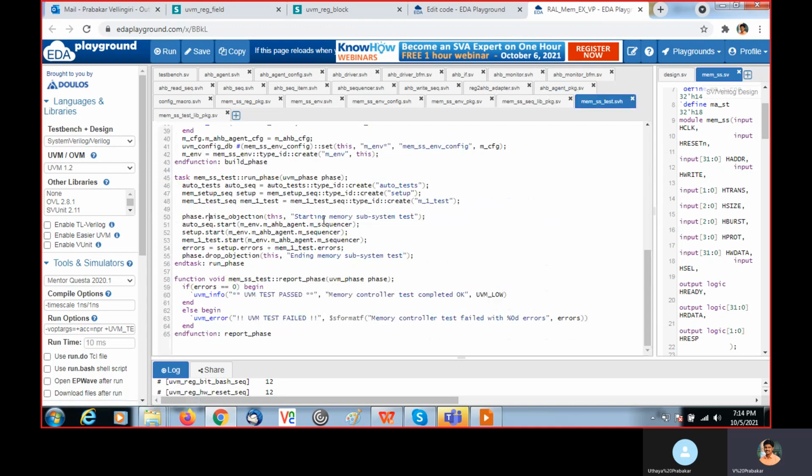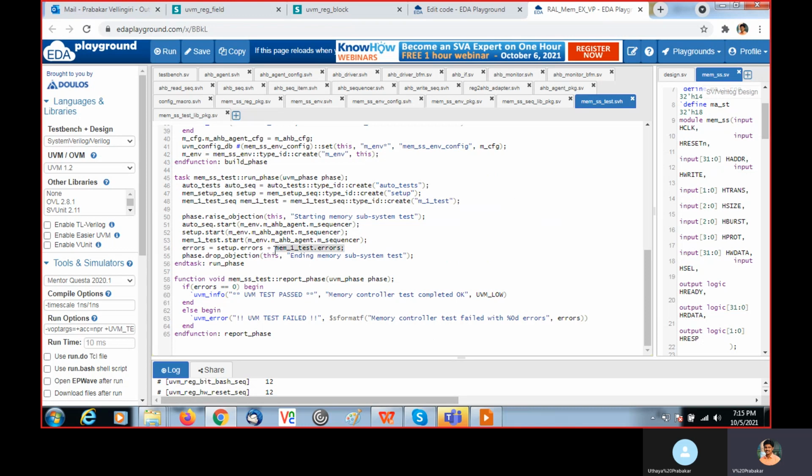And then within the raise and drop objection, the corresponding sequence is passed to the sequencer, which is available in env AHB agent as the M sequencer. The setup sequence, then mem1, all these sequences are passed to the corresponding sequencer. Then here, in case you get an error, it will get incremented.